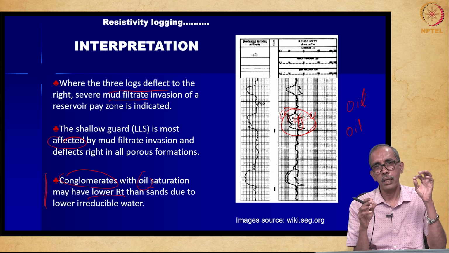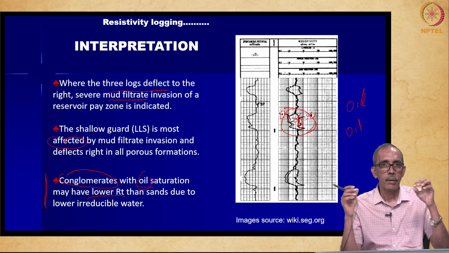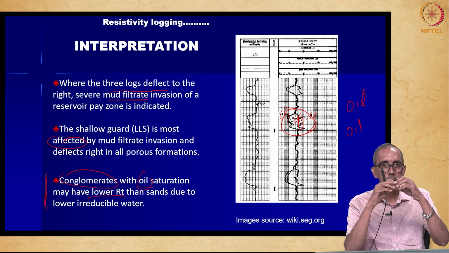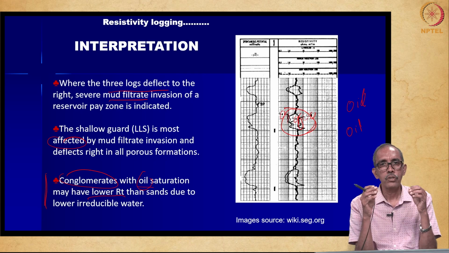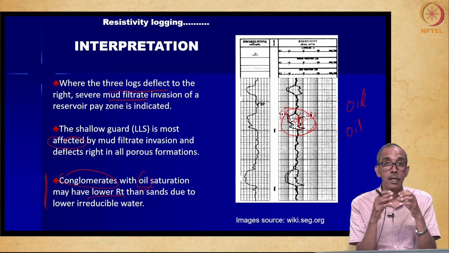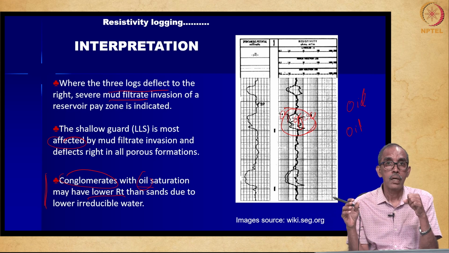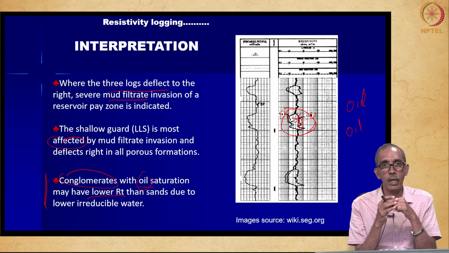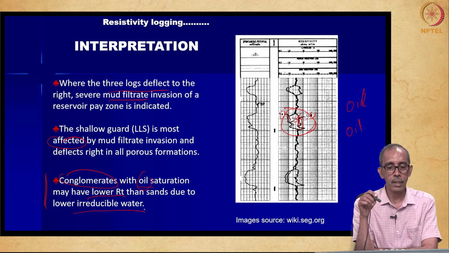some amount of water, because the water cannot be squeezed out from everywhere, because water may be occupying some tiny pores, and also due to adhesion and surface tension forces, water cannot be completely pushed out by the force of oil. So, that component of water is known as irreducible water, right.